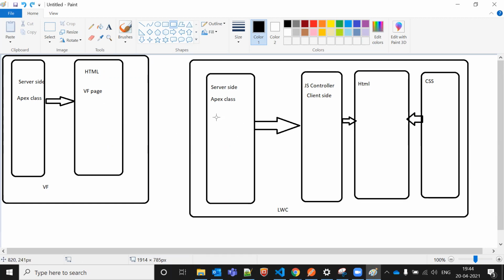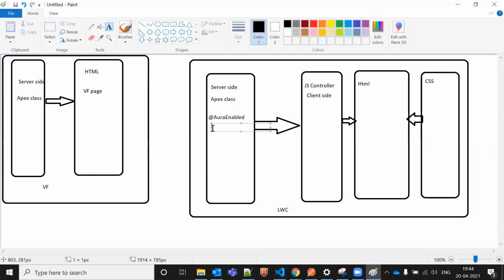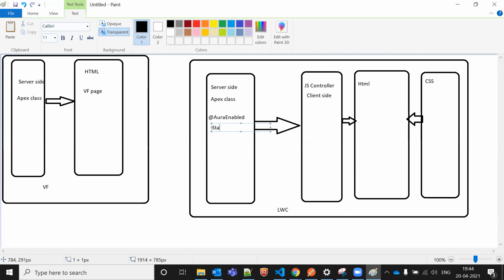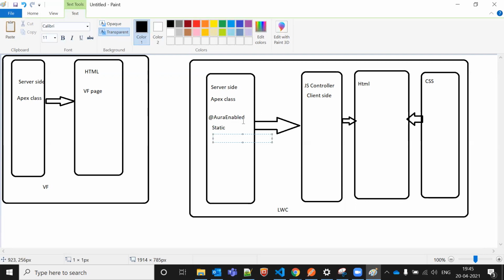In LWC there is one annotation: AuraEnabled. The method should be a static method, an AuraEnabled static method.